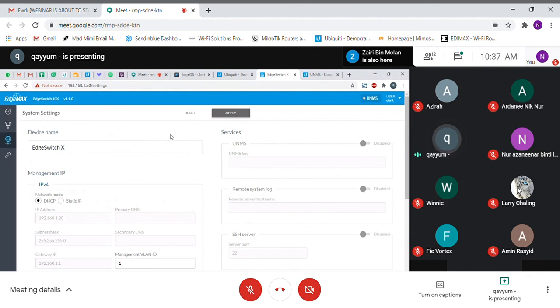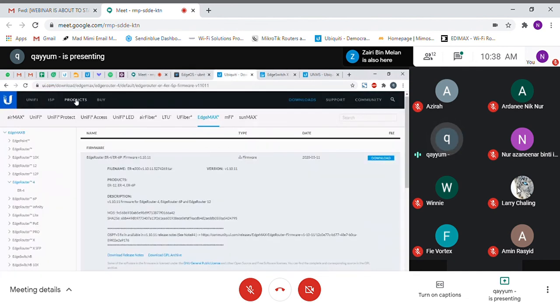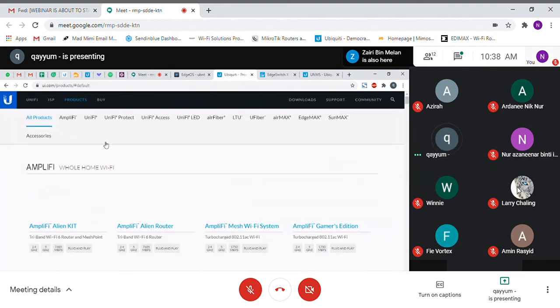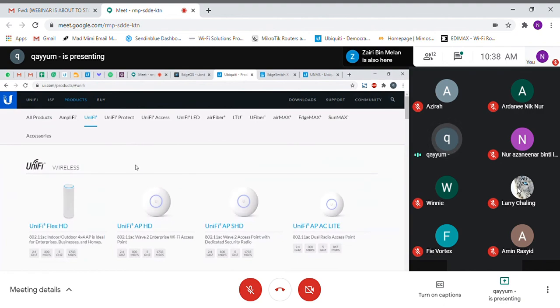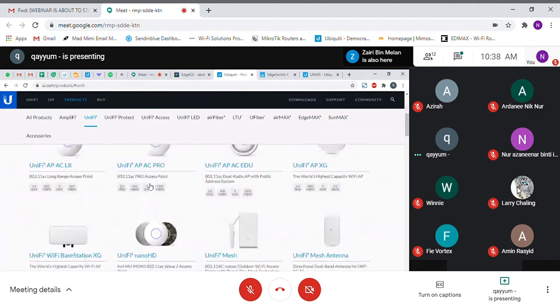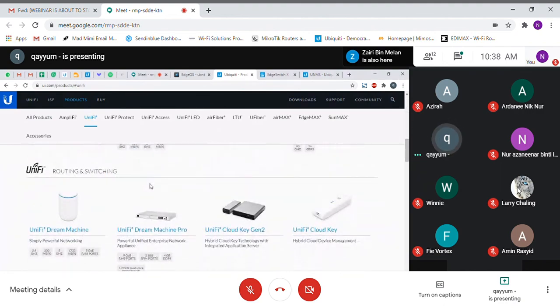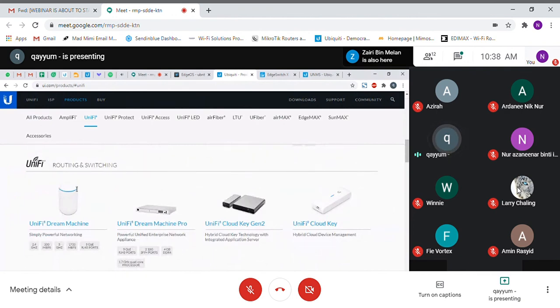Okay, I think that's what I wanted to introduce to you on the EdgeMAX model, the switching and routing part. If you're wondering whether you should go for EdgeMAX or the UniFi model, I would say it depends on your setup. If you want everything under one single controller, for the routing and switching part, you can go for the UniFi model.